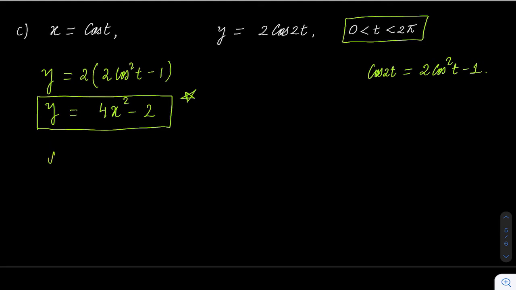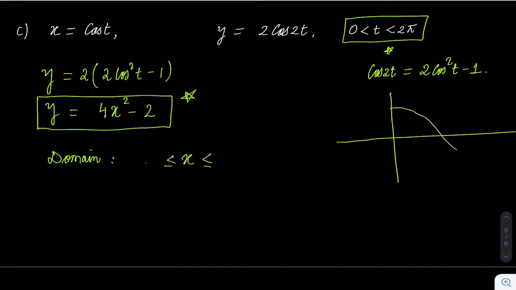So domain means range of cos t. So I will just simply write it very fast. Minus 1 to 1. We know. And t is from 0 to 2 pi. That is open. Okay. I didn't see this part. Okay. It is open. So basically this graph is there, but this last value and first value are not there. This is important. 0 to 2 pi, these values are not there.